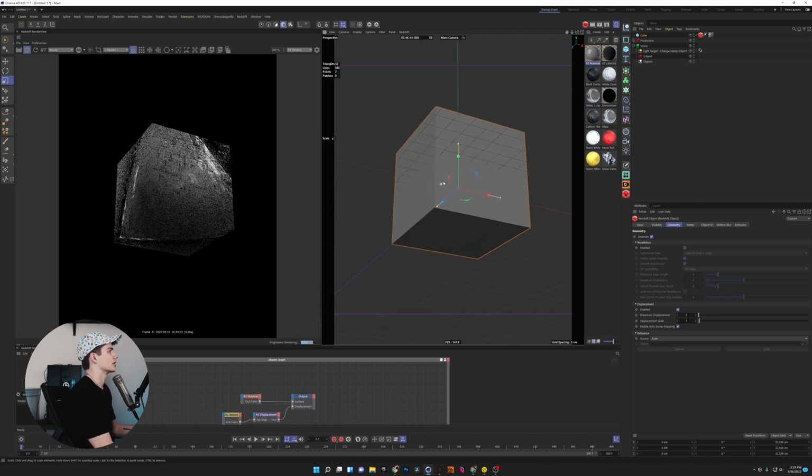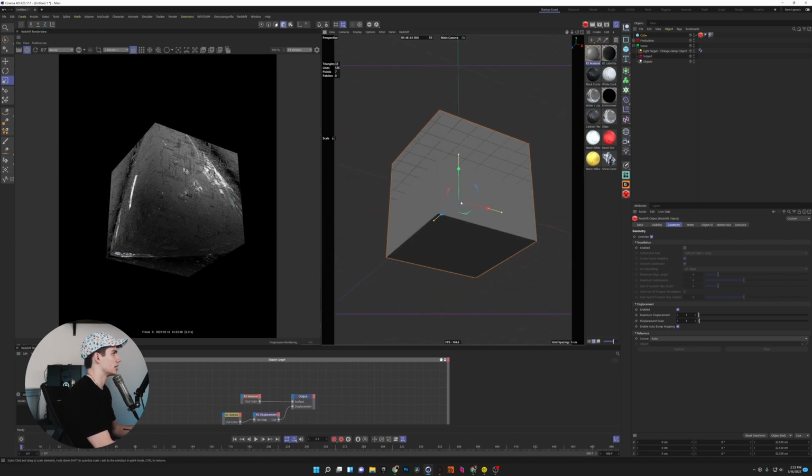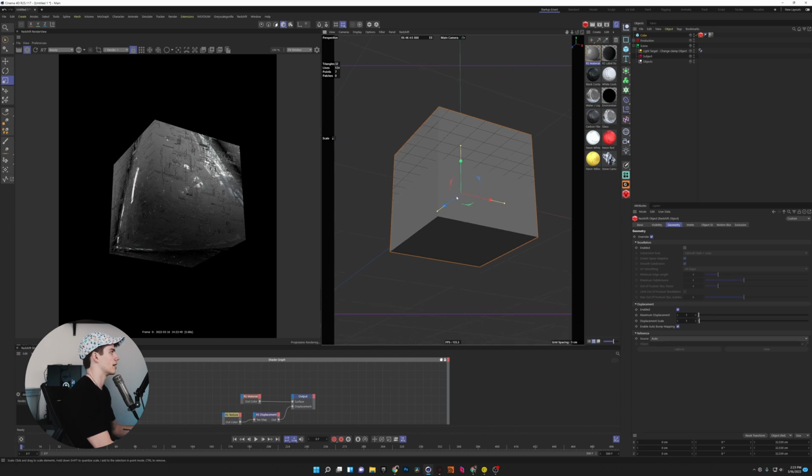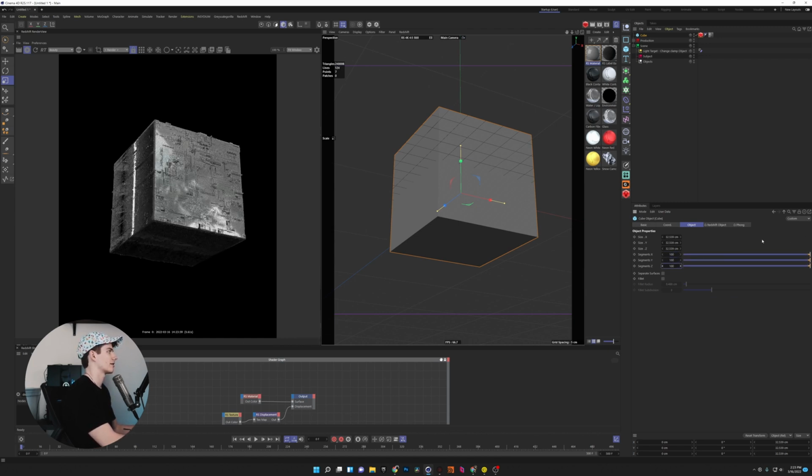Now, you can see that we instantly have a little bit of detail going on here, but not very much. And part of that is because we have very low displacement values. Part of that is because our object is not very high resolution at all. So I have one segment per side here. I'm gonna go ahead and up this to like 100. Oh, that was 10. And you can see we get a lot more detail already,